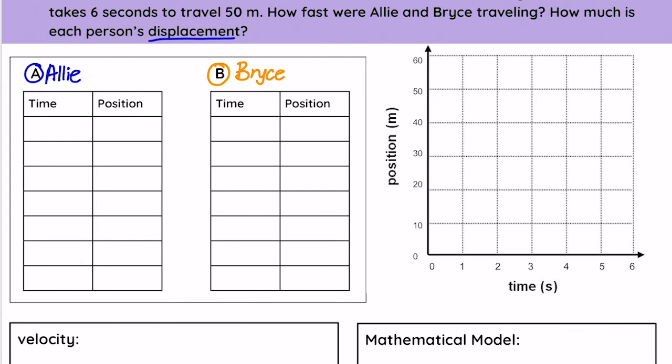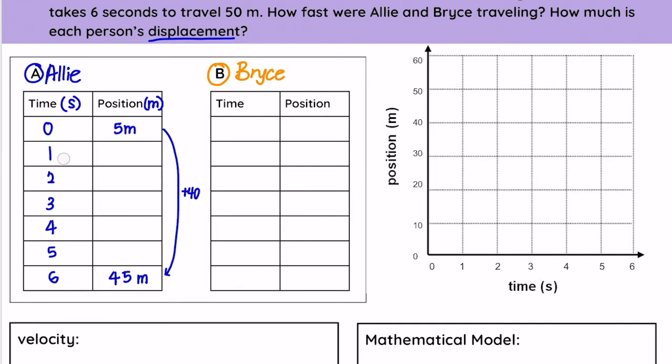And so we have here at 0 seconds, 0, and then 1, 2, 3, 4, 5, and 6. Allie starts at 5 meters and takes 6 seconds to travel 40 meters. So she's going to travel plus 40. That doesn't mean that she ends up at 40. To travel 40 meters means that she's traveling 40 more meters than what she